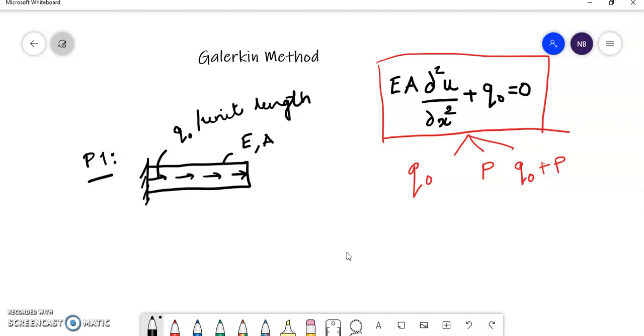You are given a bar element which is fixed on one end and free on the other end as shown here. So this is the x direction. This is the length of the bar, capital L. It is subjected to a uniformly distributed force Q naught per unit length. The properties of it are E, the Young's modulus, and capital A, the cross-sectional area. In this problem, you have to determine the expression for displacement using the Galerkin method. Now let U be the axial displacement